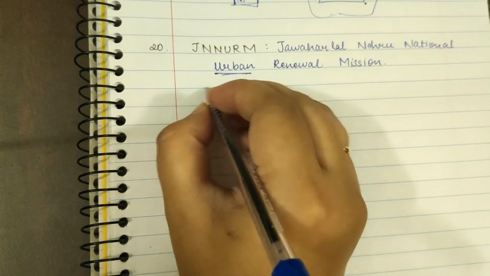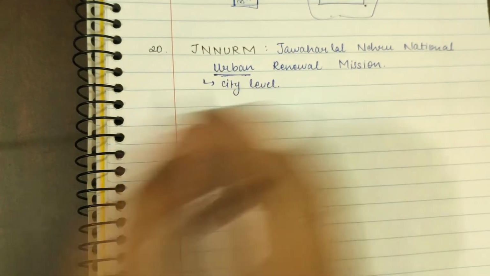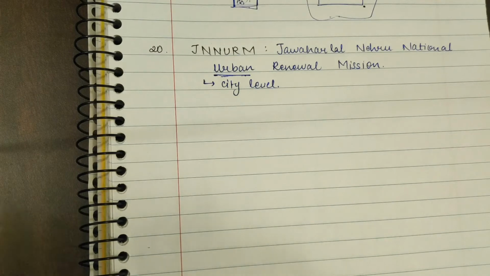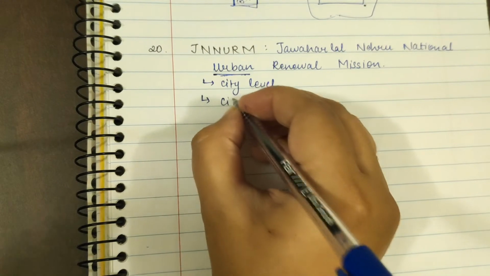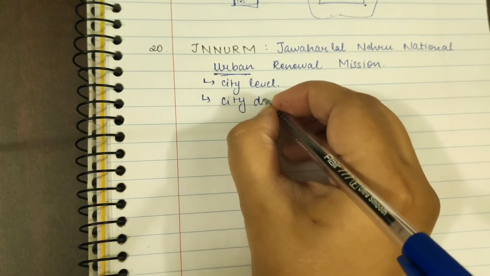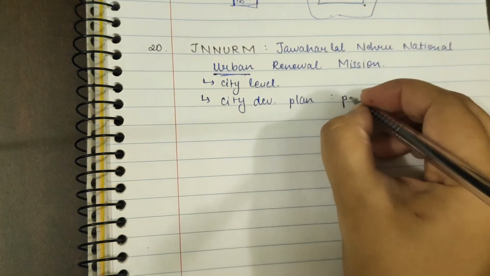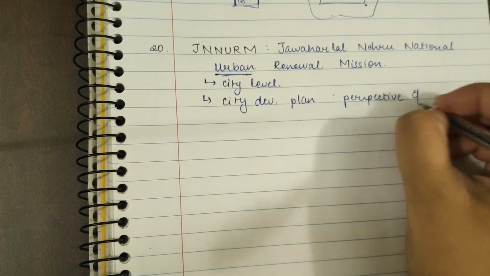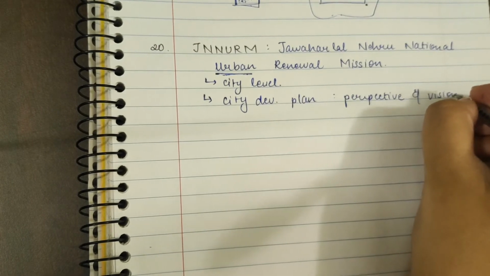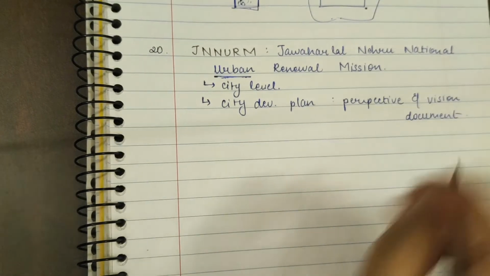Urban renewal mission, which means it happens on a city level. So what is the kind of planning document which is submitted? It is the city development plan, which is like the perspective and vision document of what the city is and what the people of the city want it to be,